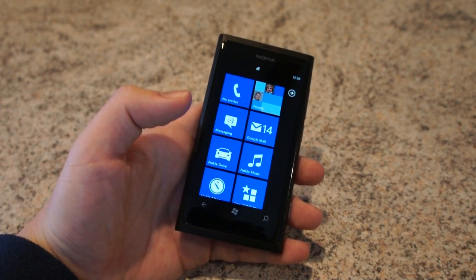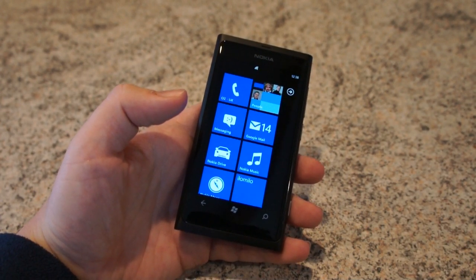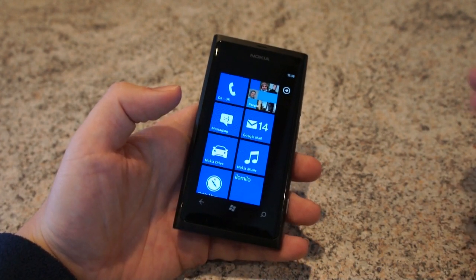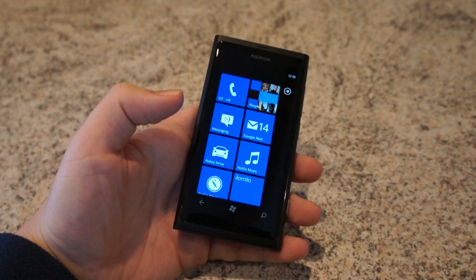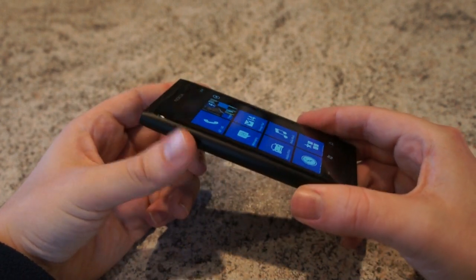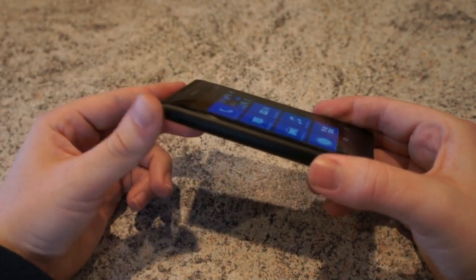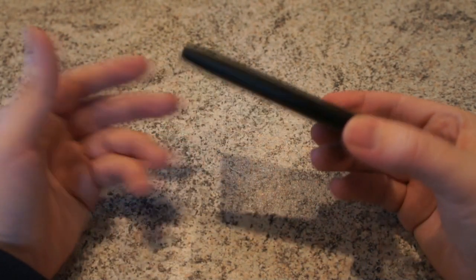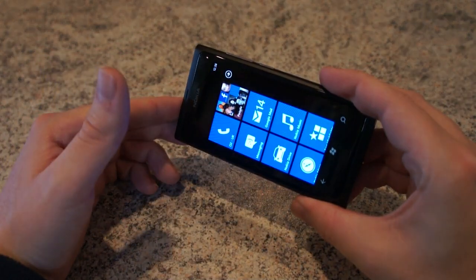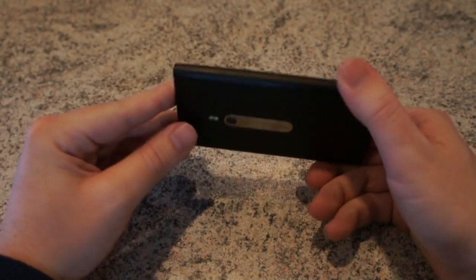For example, there's no Pentaband 3G, no FM transmitter. I don't think any of those are really serious. All the key elements are in place and it's a very nice package, but when you're buying this device it is something to be aware of. Why has it happened? Well, it's really down to the fact that Nokia produced this device in about 8 months from their February announcement with Microsoft about the partnership and switching to Windows Phone. In order to get this device out in that time frame, what they've actually done is use the innards from